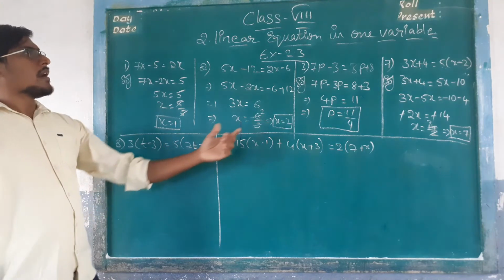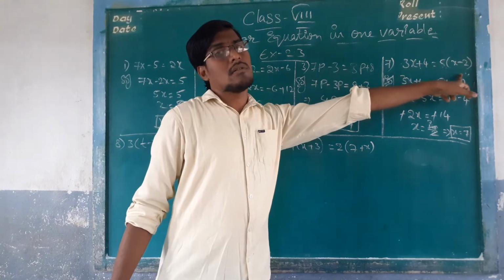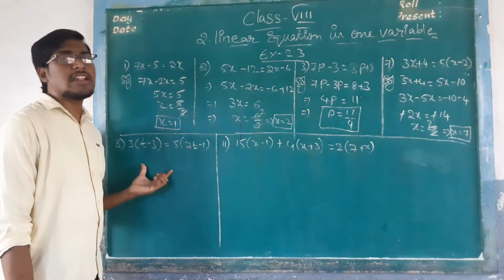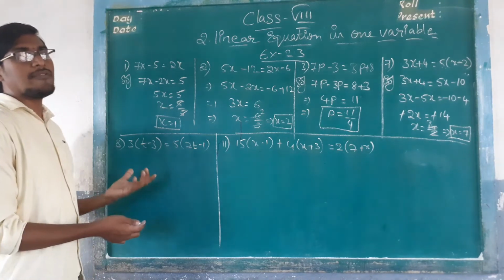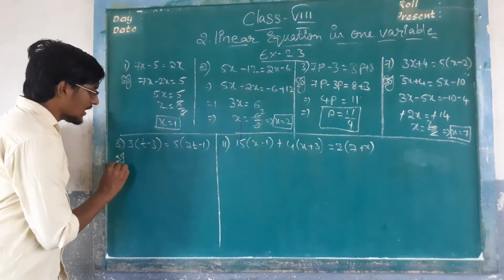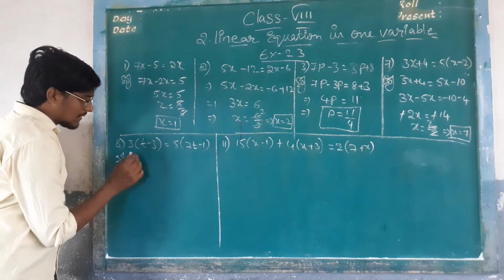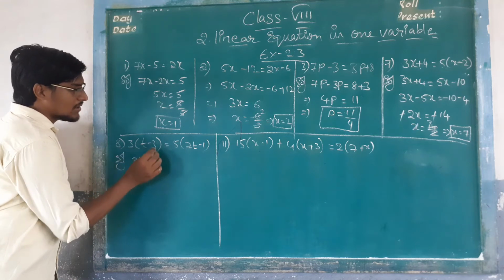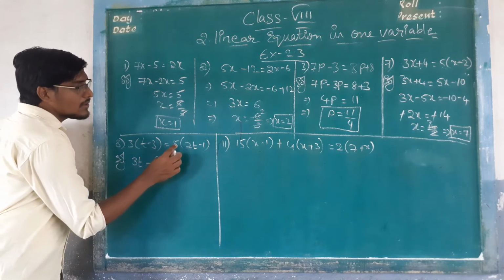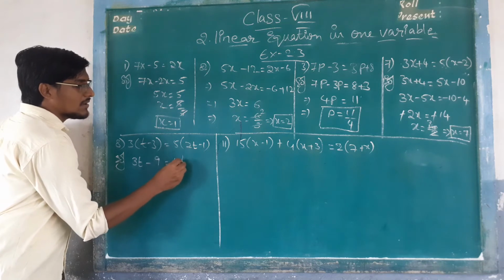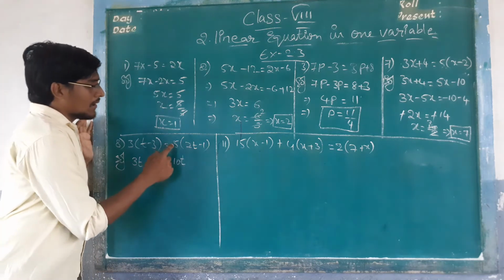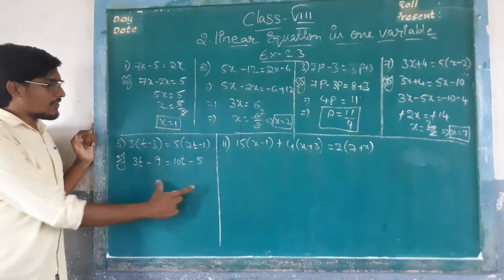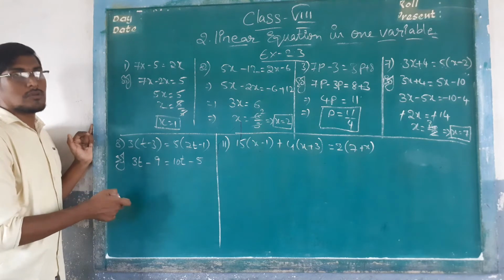Same here. What we have been given, the same process we have to follow: on both the left hand side and the right hand side we have to multiply first of all. So what is given here? 3 into t, 3t, plus into minus is minus, 3 into 3 is 9, equals 5 into 2t. 5 twos are 10, 10t. Okay, plus into minus is minus, 5 into 1, 5. Okay, this is an equation, we have to move terms to this side.